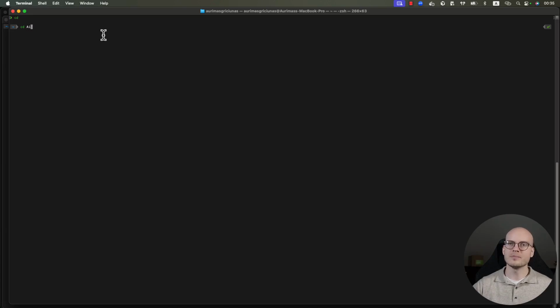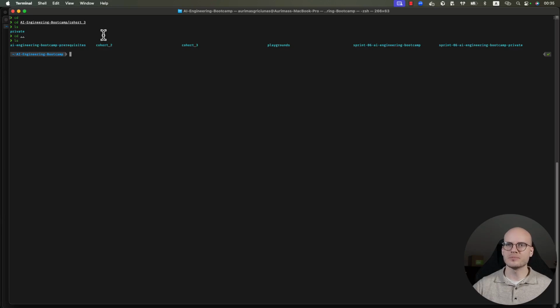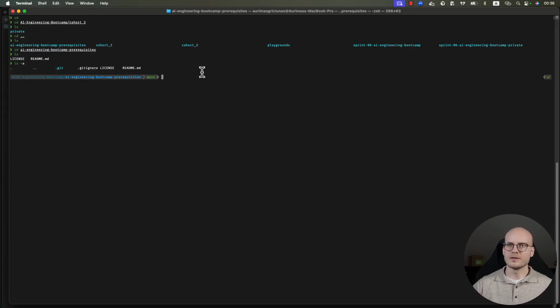So that will be, in my case, AI Engineering Cohort 3, and I think here, sorry, not Cohort 3. So I'll go back one folder, and here I will have AI Engineering Bootcamp Prerequisites. So cd AI Engineering Prerequisites, and I only have these two files plus the gitignore here. So what I'm going to do now is I am going to initialize a UV project in here. So I will run UV init,